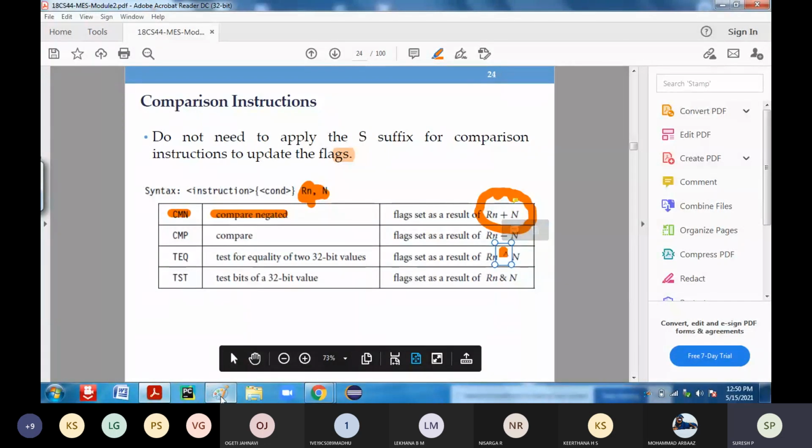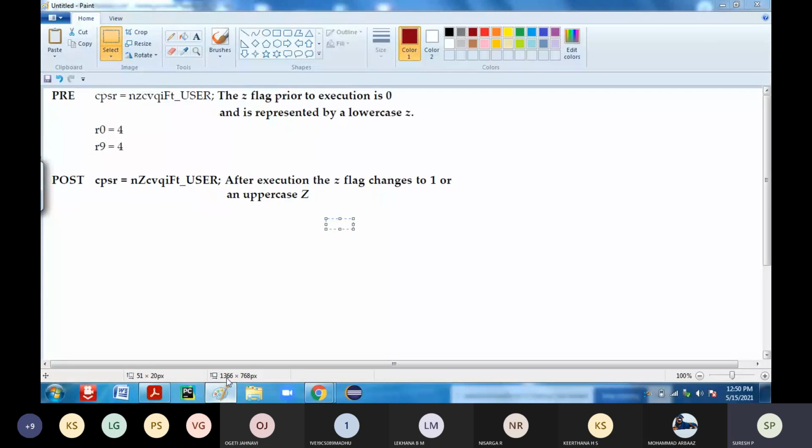If we take TEQ R0, R9, what is it going to do? It is going to perform the XOR with R9. You can see it here: 0, 1, 0, 1, 0, 1, 0, 1, right?